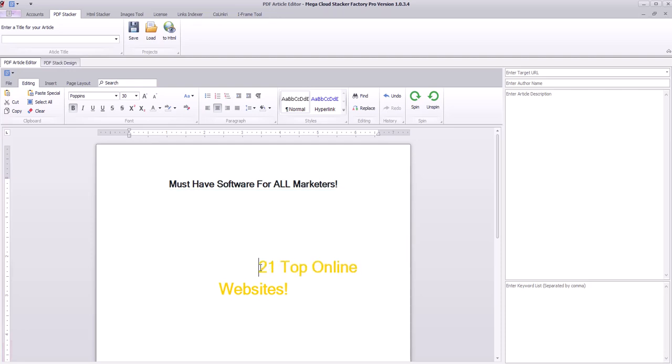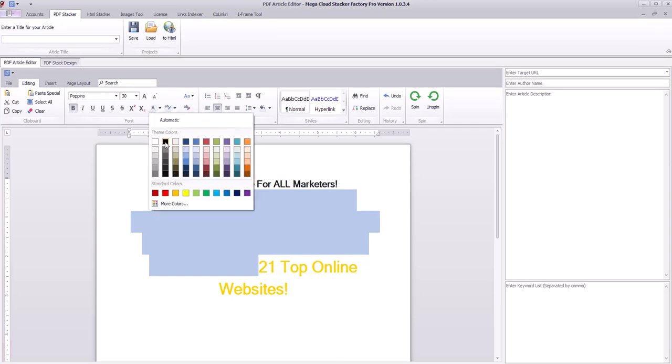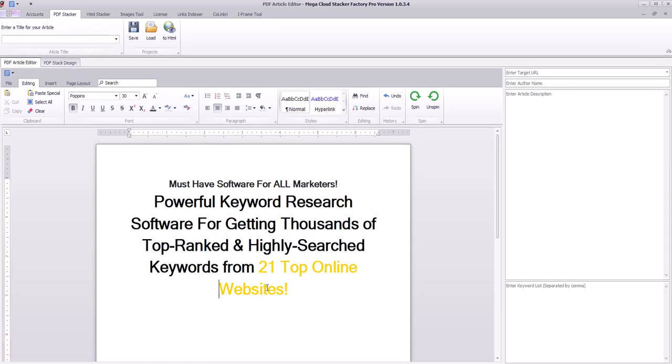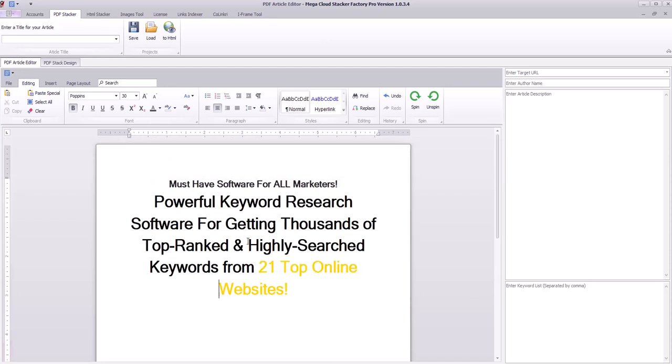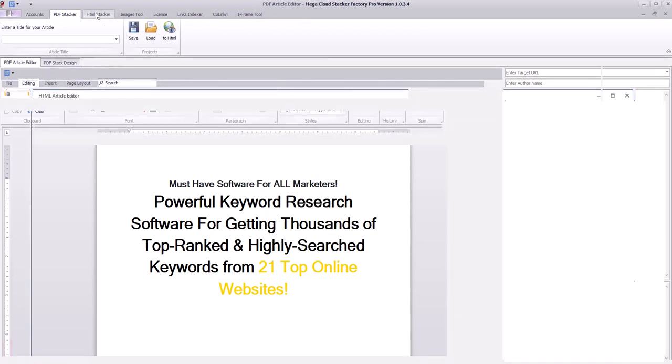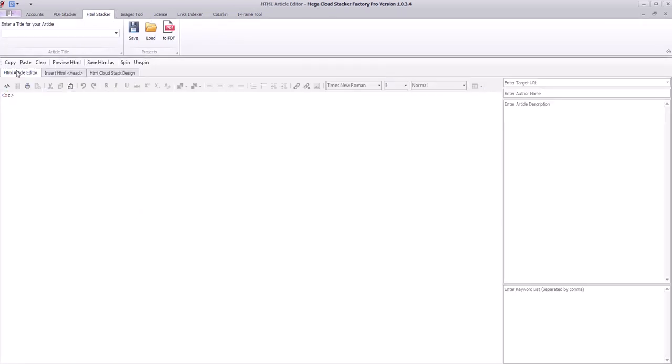What's the reason why I didn't just paste it in? I'm just trying to think what it is. There's a reason why I didn't just paste it in before. I think I'm going to be alright. It's probably, if you just paste it into the HTML stacker. Right, if we paste it in here,